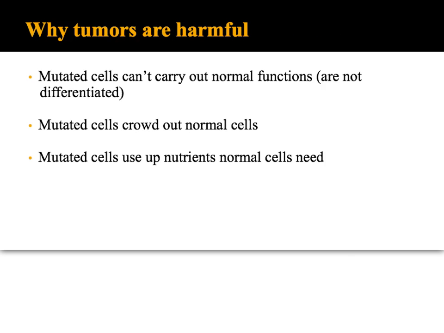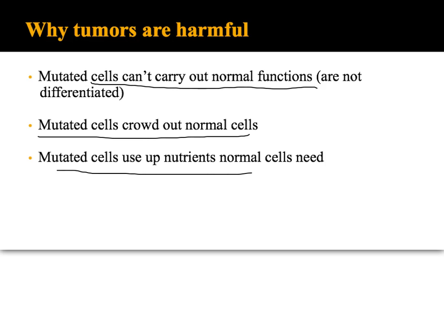So in order for a tumor to be malignant, two things have to be true. First, the cells have to be mutated to the point they can't carry out their normal functions. So they have some mutations that make it so they cannot do their job. And these cells have to be mutated to the point that they're ignoring the signals in the cell cycle. So they're dividing too much. And because they're dividing too much, they crowd out normal cells, so they take up the space that normal cells should be taking up. And they also use up the nutrients that normal cells need. So because there are so many of them, they're taking up vital nutrients, and the normal functioning cells cannot get